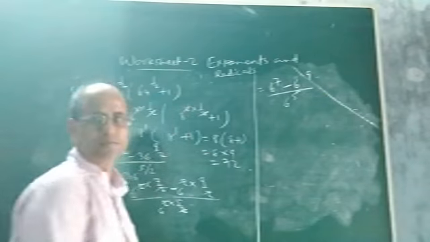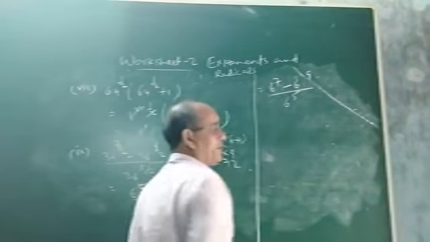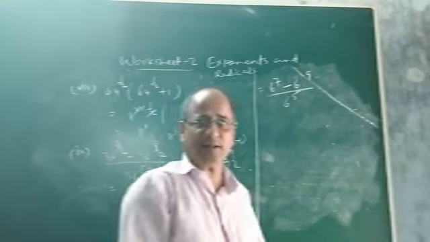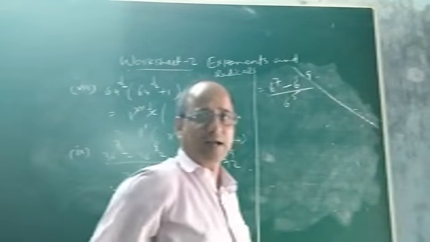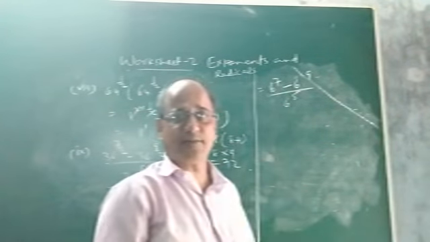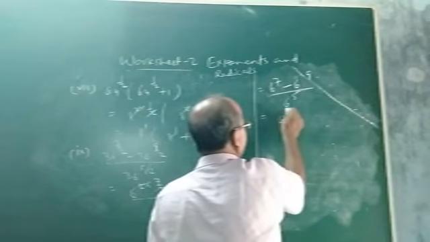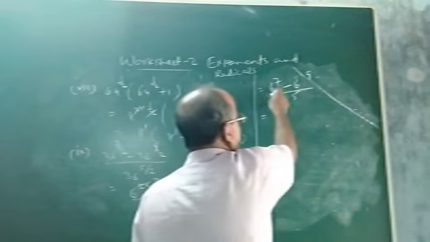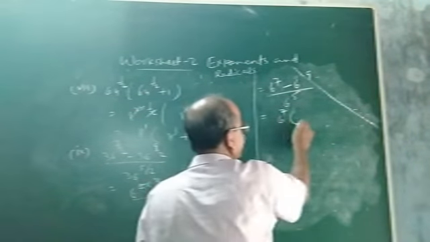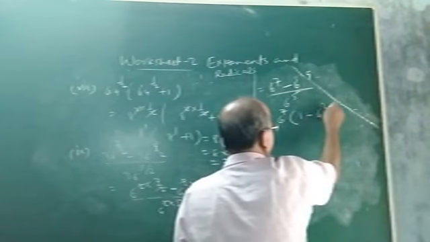You see. Now what will be our next step after this? Here it is 6 to the power 7. Do you think that we will multiply 6 7 times? And do you think here we will multiply 6 9 times and subtract? Just imagine how much time it will take. So it can be done easily. How? Take common 6 to the power 7 from the numerator. If you take 6 to the power 7 common, it will be 1 minus 6 to the power 2.